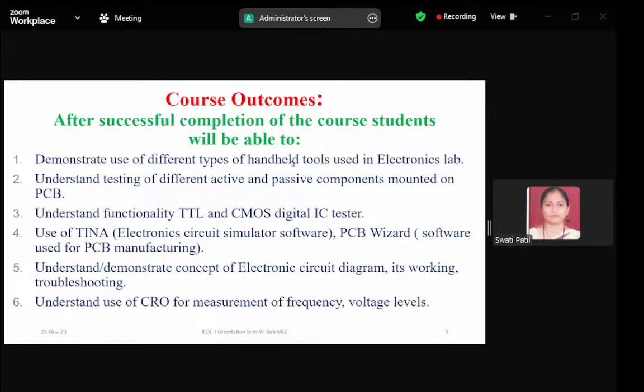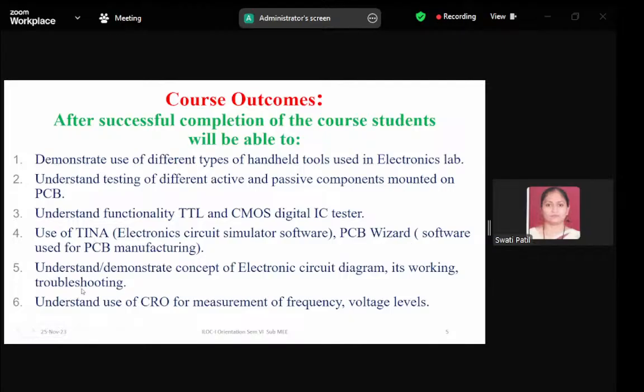electronics equipment. After successful completion of this course, you will be able to demonstrate the use of different types of handheld tools which are used in the electronics lab. You will be able to understand the testing of different active and passive components which are mounted on the PCB. Understanding the functionality of TTL and CMOS digital IC tester, you will be able to use the TINA software simulation,